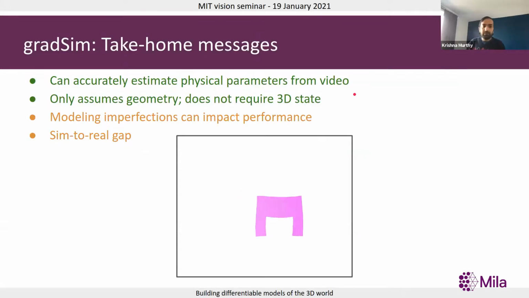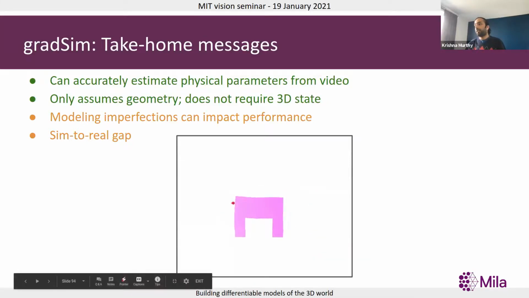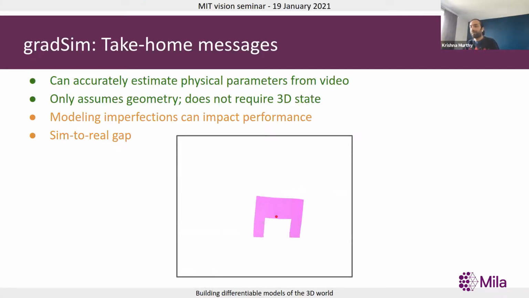So the take-home messages for VSim for this part of the talk are, it's actually quite interesting to see how you can estimate physical parameters entirely from video. For example, in the walker, it is very interesting for us to see that you can actually make the walker walk to the right just by giving a 1-frame image as loss. And this might open up a lot of interesting ways in which you could leverage differentiable physics engines via differentiable rendering, not trying to operate on 3D supervision. So not requiring 3D state is probably a key to make this operate on real world videos.